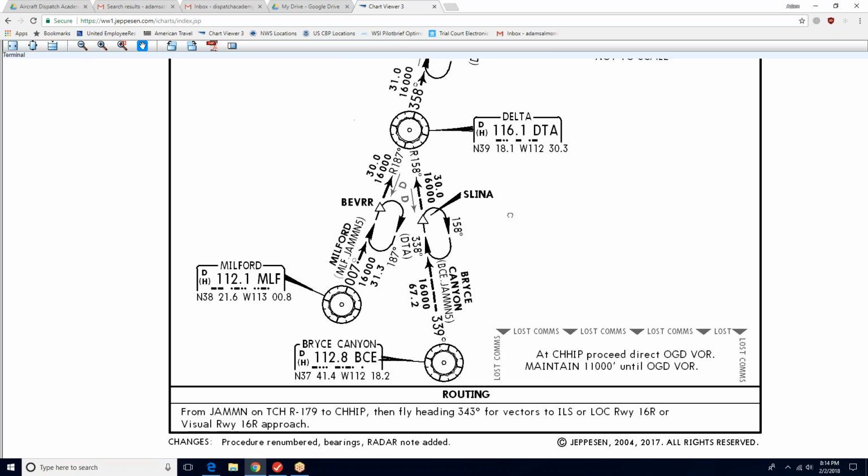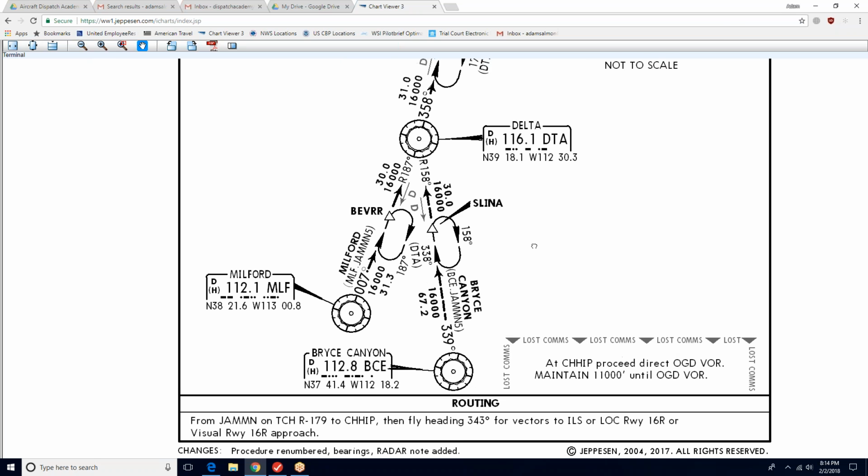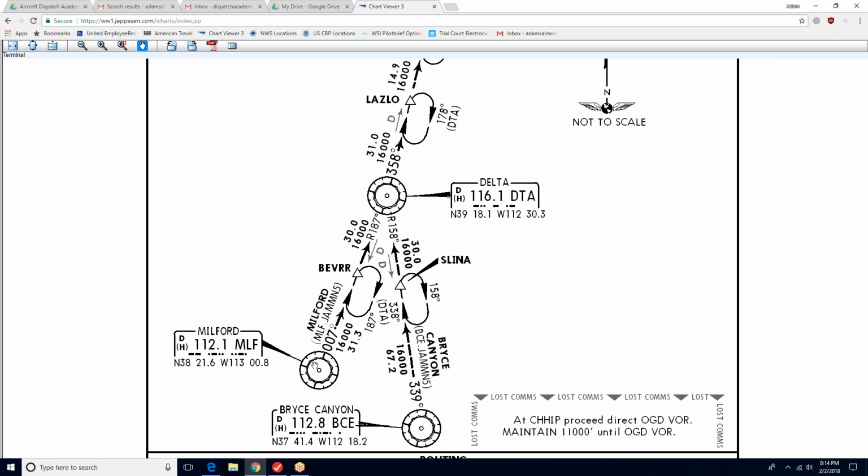But let's come down here to the bottom. So the possible transitions for here is Milford. So now we see Milford again, or Bryce Canyon. So this is stuff coming up more from straight south of Salt Lake City. Also stuff from Southern California would use this, but they can either come in on the Milford transition, but then you can see here as they start descending,